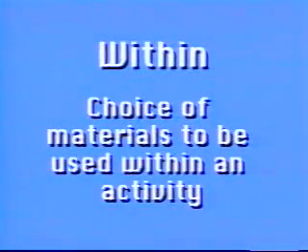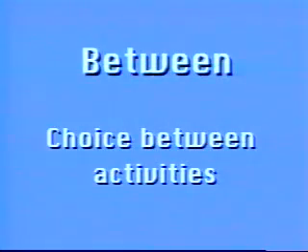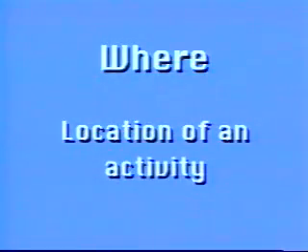One type of choice-making involves a within-choice activity, such as choosing materials for an activity. Another type of choice is between several activities, such as using the computer or listening to music during free time. Choosing a partner for an activity is another type of choice. Allowing students to choose where they will be for an activity, such as at the table or on the beanbag,